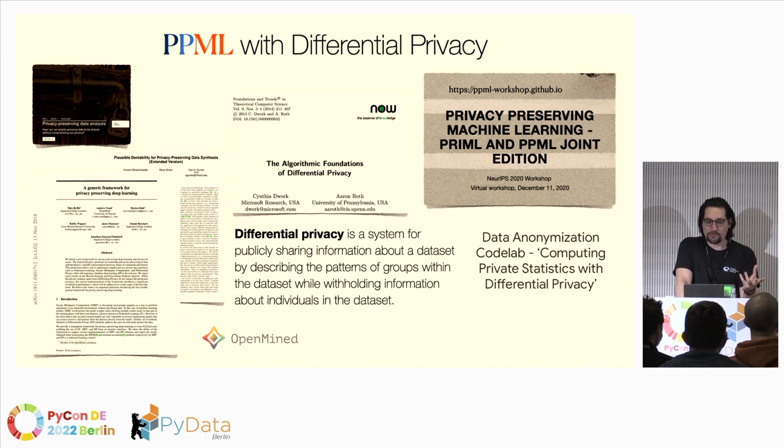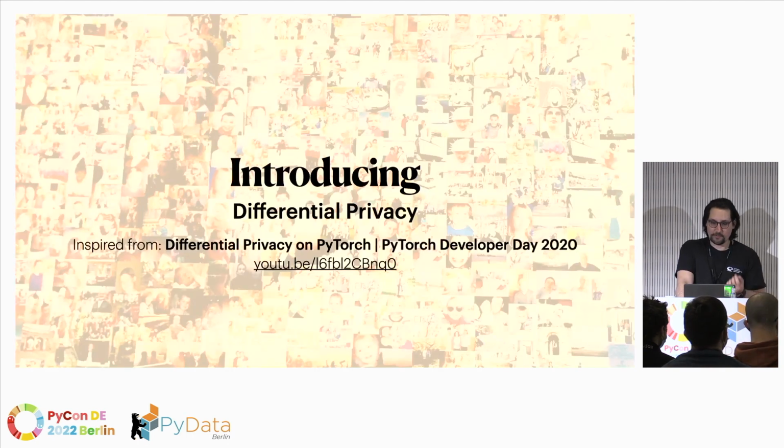And differential privacy is a system for publicly sharing information about a data set by describing the patterns of the groups without sharing information about the individuals, which is most of the time exactly what we're aiming at. And to give you a very practical and effective example, let me introduce you to differential privacy in a way I've seen done in this video, which was actually brilliant and very on topic because this relates to something